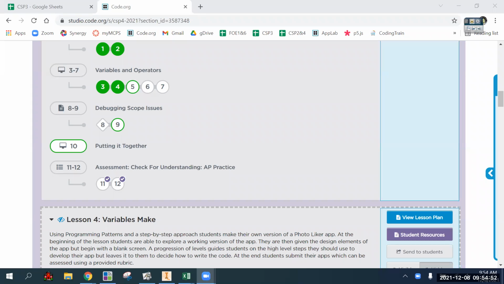And let's get this going, and then should be able to do this here. All right, so